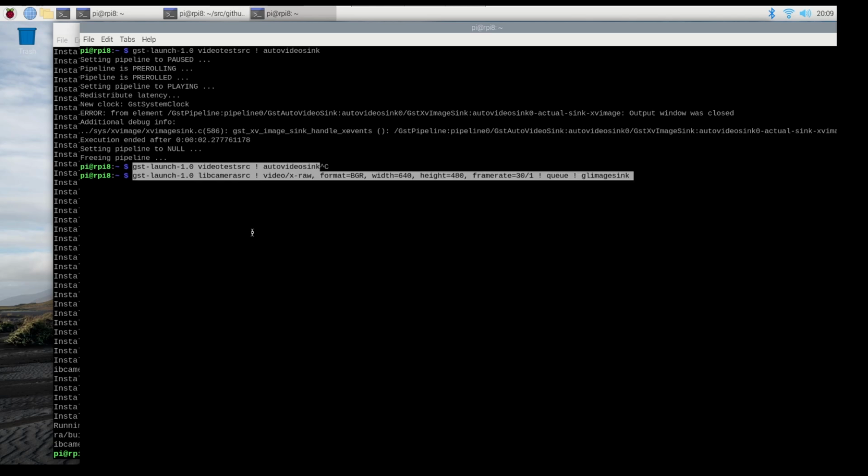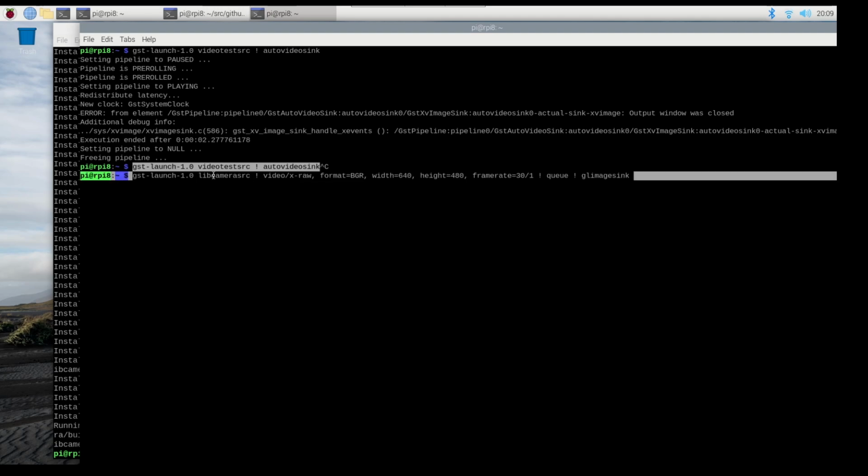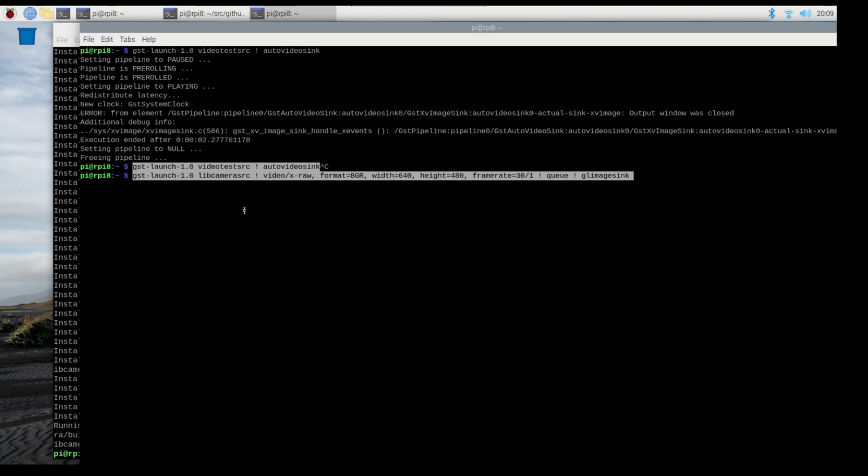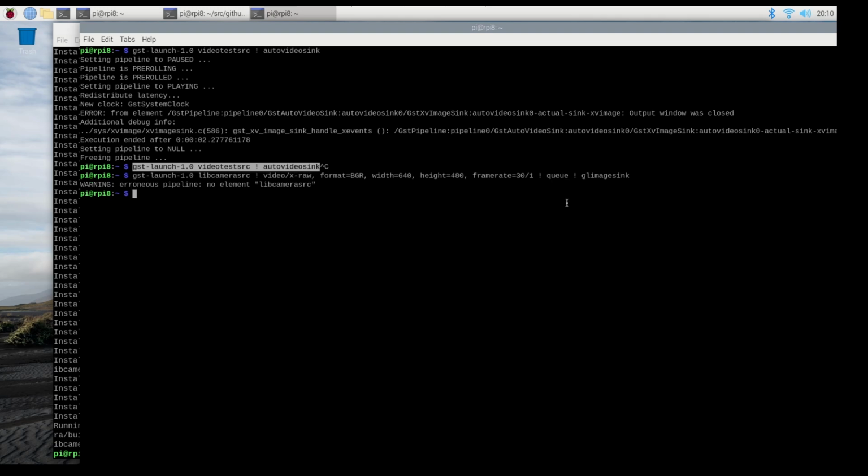So in this command here, I'm telling GStreamer to use the libcamera source pipeline, and I have to specify that it's a BGR format, and I want it at 640 by 480 at 30 frames per second, and I want to see it in the OpenGL image sink. And like you see, it says there is no libcamera source. So that's why I had to build it from